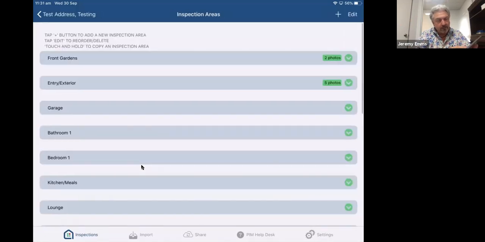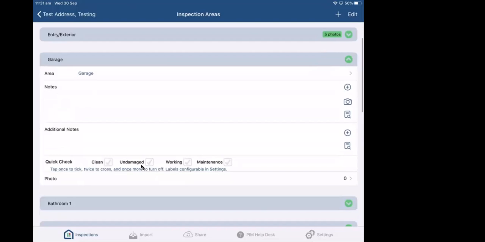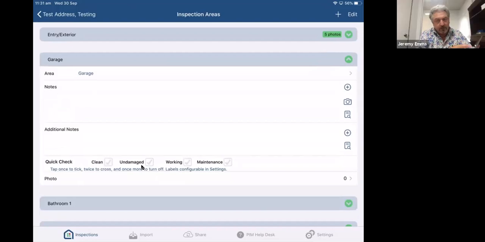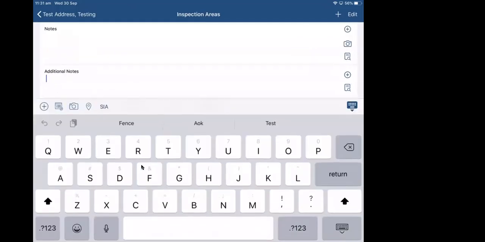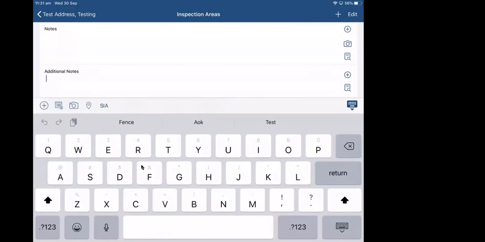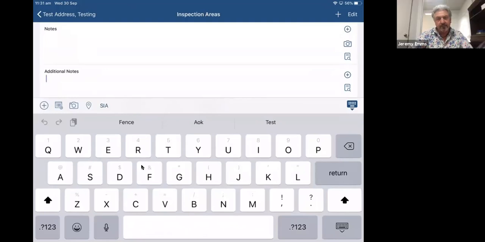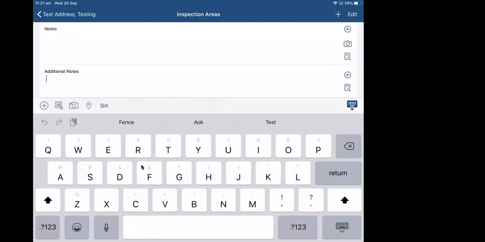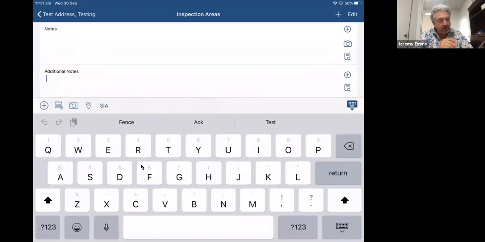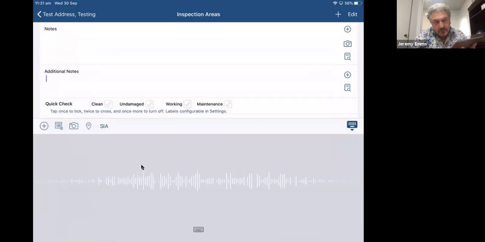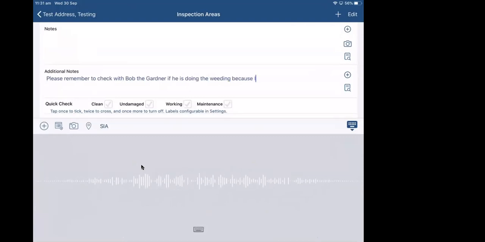So if you go back into an area, you'll see that you've got notes and additional notes. Notes goes into the report. Additional notes, you can create one more report that just condenses all your additional notes. So you might want to use them when you get back to the office as a reminder to do things. So for example, I could put in here, please remember to check with Bob the gardener if he is doing the weeding, because I'm sure he's contracted to do so.